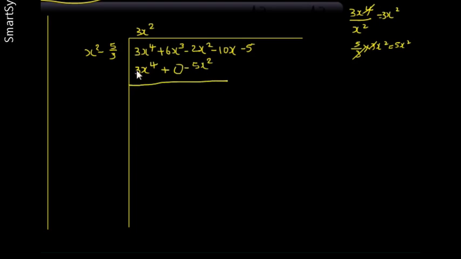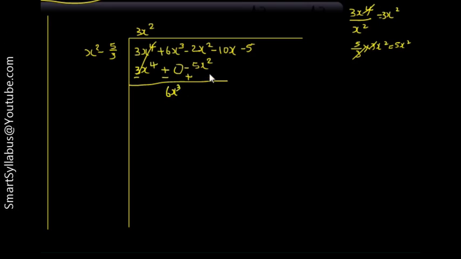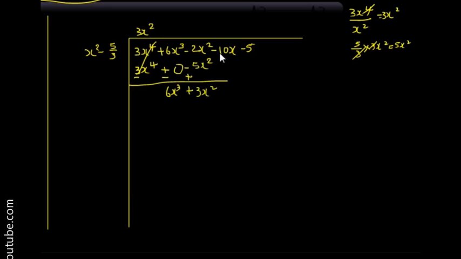Now subtract these two: plus will change into minus, plus will change to minus, minus will change into plus. Now 3x raised to 4 minus 3x raised to 4 gets cancelled, nothing will remain. And this 6x cube with the 0, you cannot do anything, so just write 6x cube with the sign as it is, that is plus 6x cube. Now here minus 2 plus 5, both are having different signs, so we have to subtract. In 5 if we subtract 2, we get 3x square. Greater number is 5, its sign is plus, so plus 3x square. Now take the next term down, that is minus 10x.